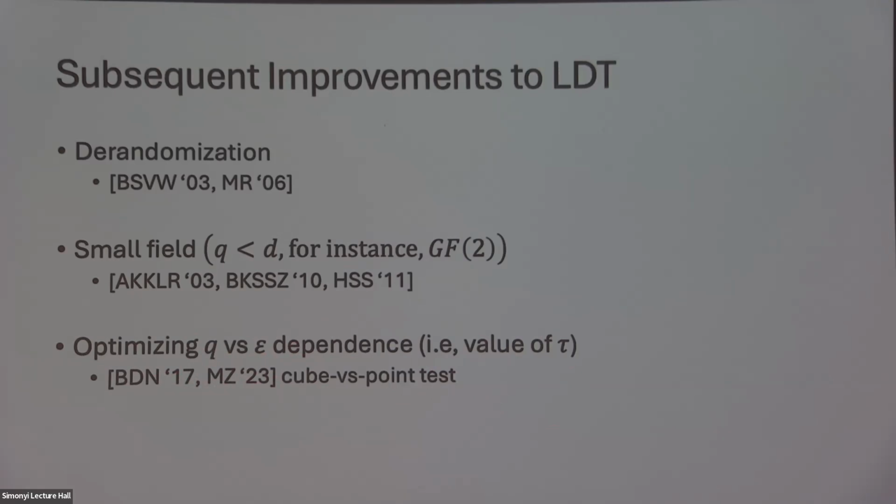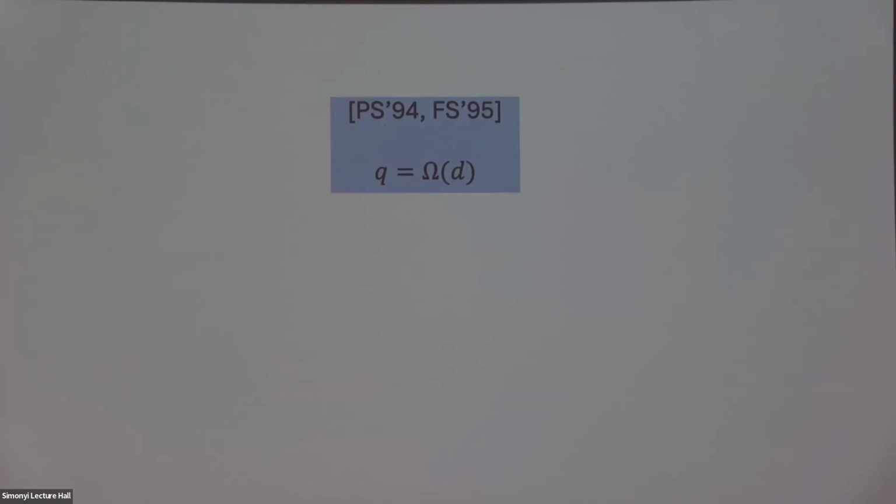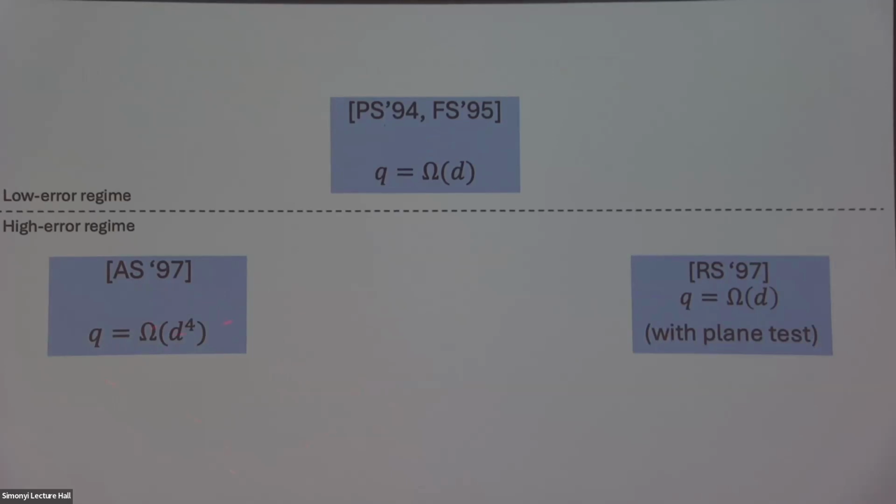So these were these improvements. Just looking at the state of affairs, this was the original Polishchuk-Spielman or the Friedl-Sudan result in the low error regime, which I flashed. Then once you go to the higher error regime, we had the Arora-Sudan result, which worked, which also took